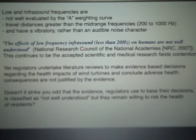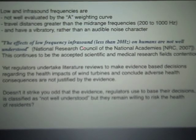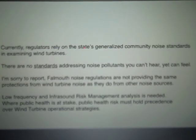Yet regulators undertake literature reviews to make evidence-based decisions regarding health impacts of wind turbines and conclude adverse health consequences are not justified by the evidence. Doesn't it strike you odd that the evidence regulators use to base their decisions is classified as not well understood, but they remain willing to risk the health of residents? Next slide. In conclusion,